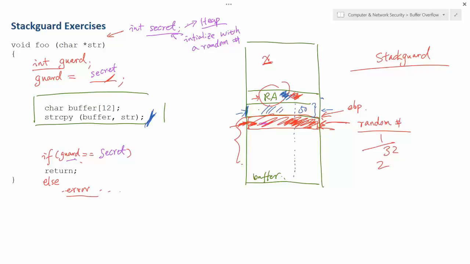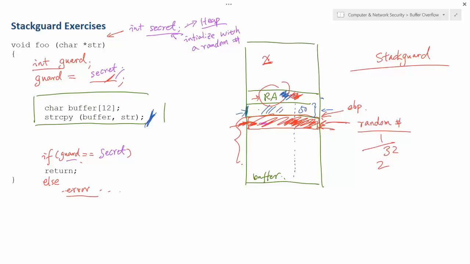So the trick here is you have to store something beyond the stack, something which is not predictable. That's why it has to be a random number. You cannot put a constant in there. A common mistake is that some people put a constant, put 0 or some other constant number. You should never hide a secret in your code because your code can be read. People can read your code. But if you dynamically generate a number, that's okay. So is this clear?